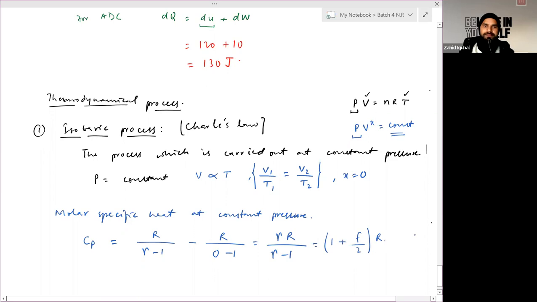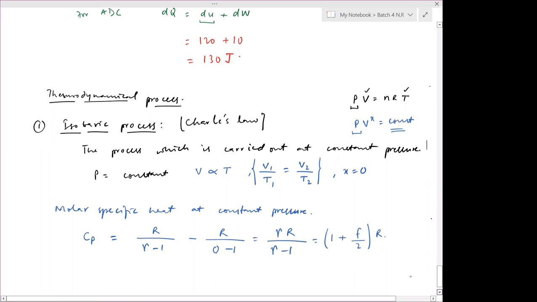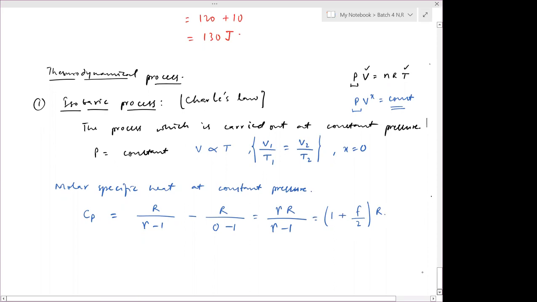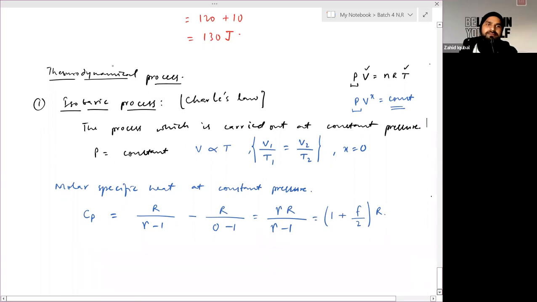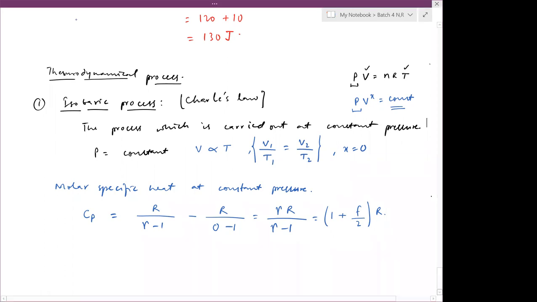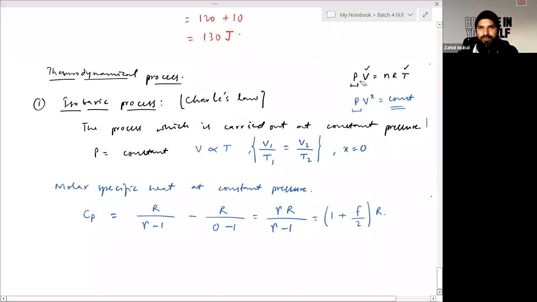Gautam, is it clear? I think I did not get it. Which part? From equation of state. According to ideal gas equation, we have PV is equal to nRT. So if P is constant, V must be directly proportional to temperature, since number of moles and the universal gas constant R will be constant. So you're left with volume and temperature, and these two should be directly proportional to each other. Is it clear? Yes, sir.